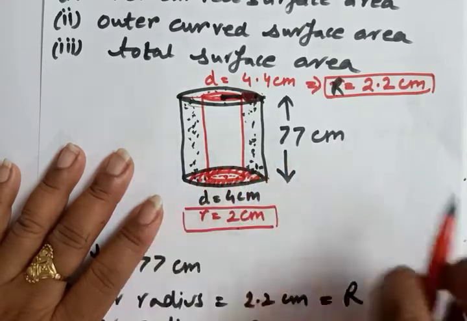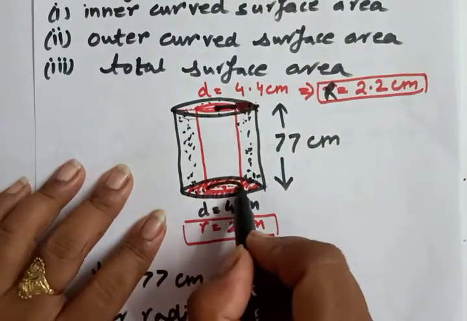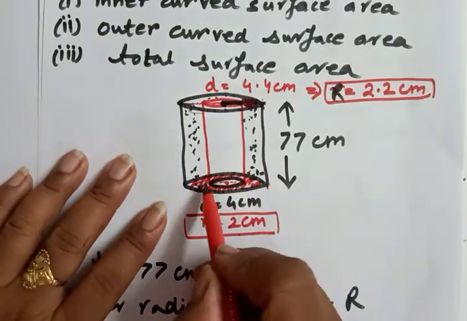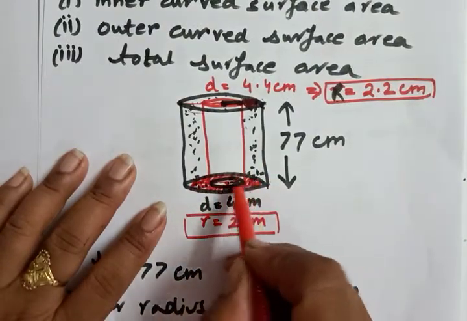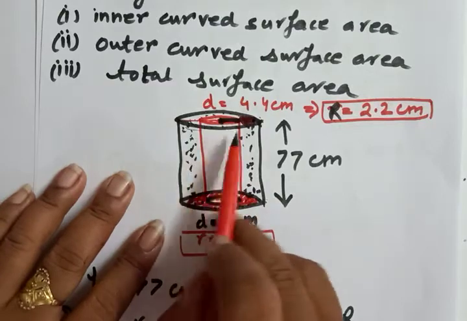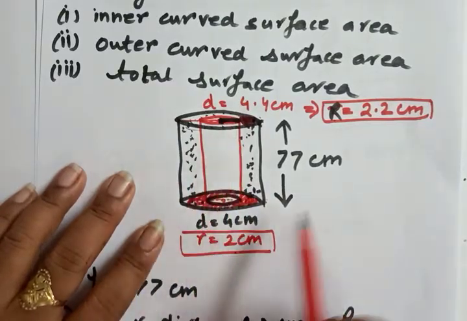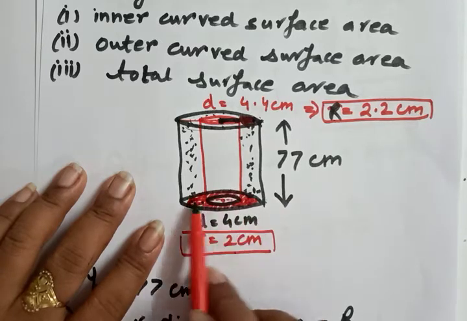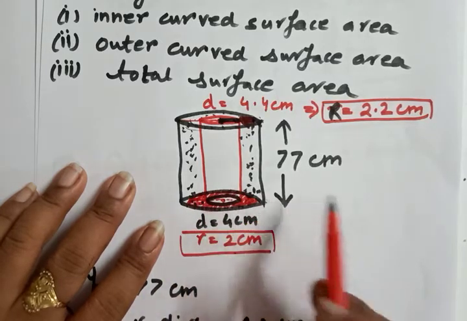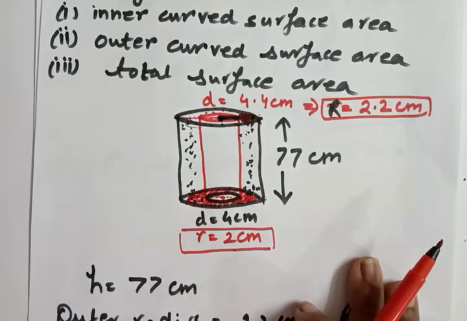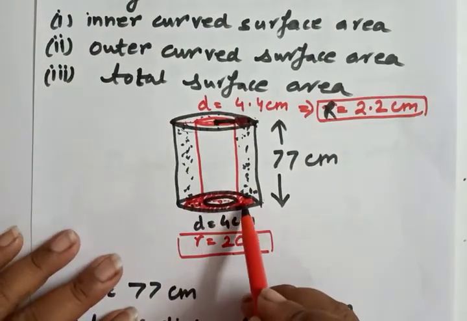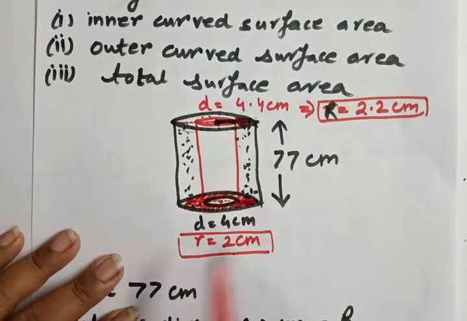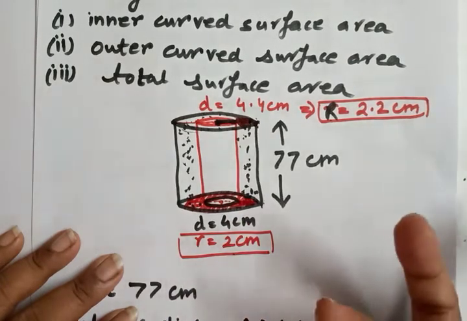Yes, so what we can see here is hollow, and now we can see here. For the upper portion also it is quite the same. We can see it is of circular shape. When we talk about the circular shape, we need to find out the area for the circular shape, that is the circle, pi r square.